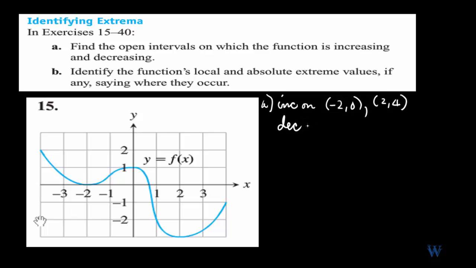And then decreasing on the interval from where? From -4 to -2, and where else? From 0 to 2. If you run from 0 to 2, the ball is rolling down. Okay, and then letter B says identify